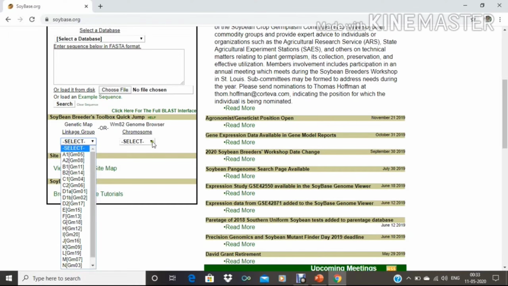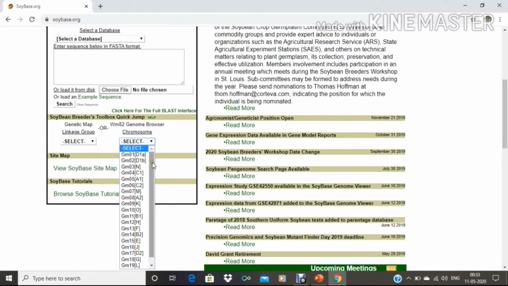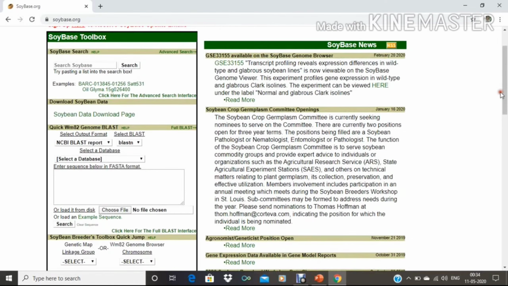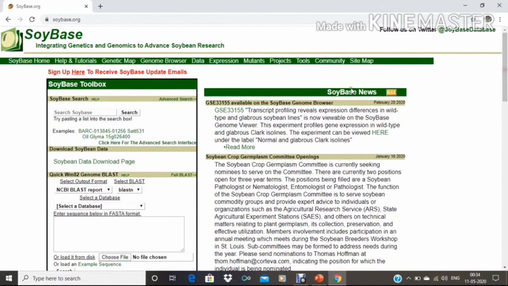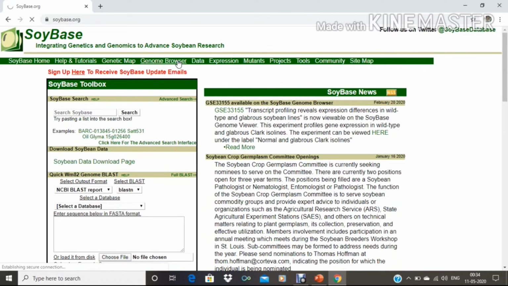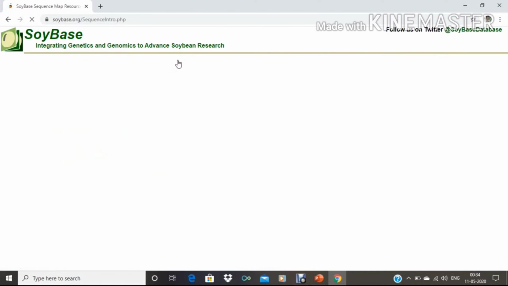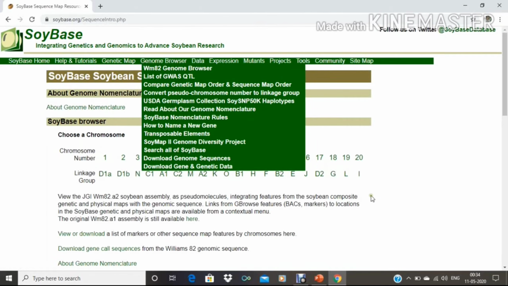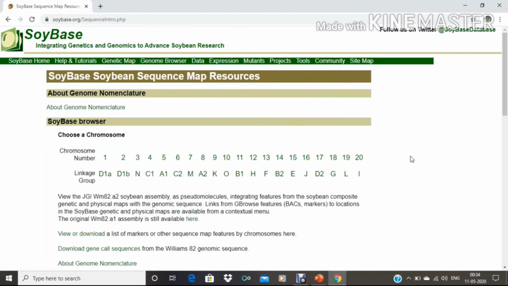Or we can also select the chromosome number. For the genome browser, here we will get the options. By clicking this genome browser, we will enter this page.